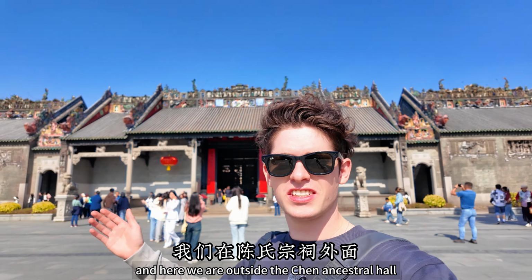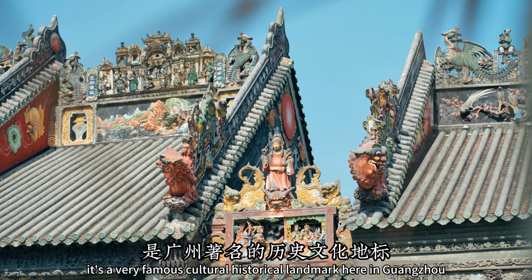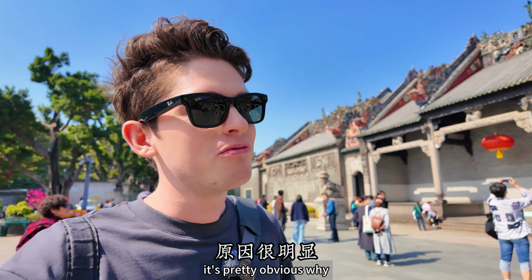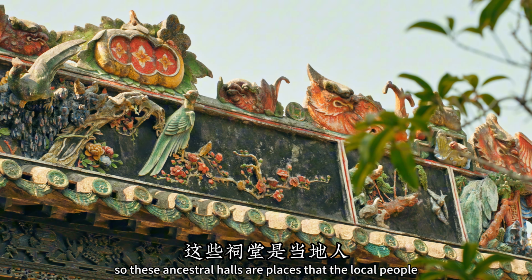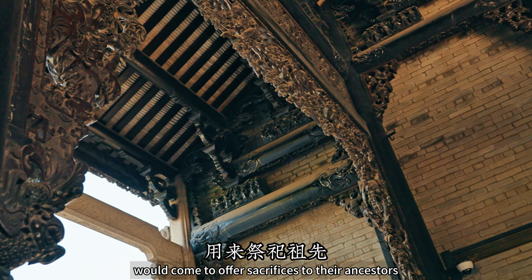And here we are outside the Chen Ancestral Hall. It's a very famous cultural historical landmark here in Guangzhou. And if you look closely, it's pretty obvious why. So these ancestral halls are places that the local people would come to offer sacrifices to their ancestors, pray to